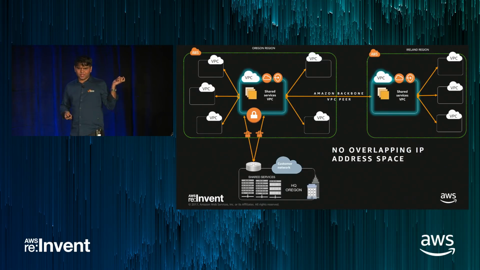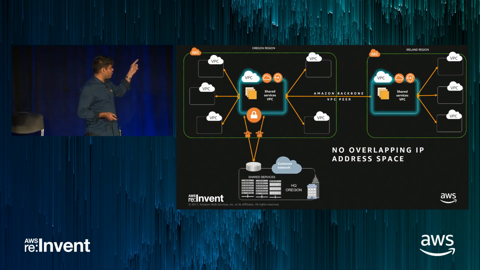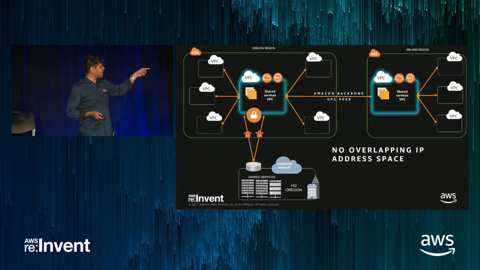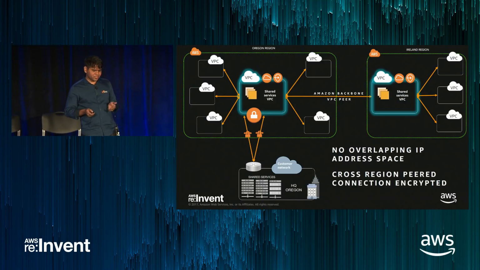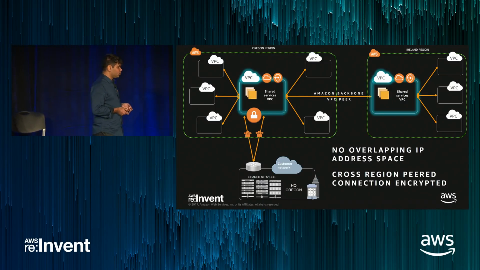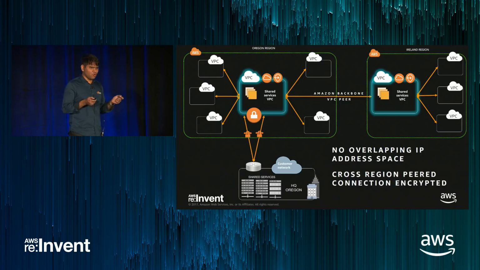You have to keep in mind one thing though: since it will form a single network by connecting them, you should not use overlapping IP addresses. They should be non-overlapping IP address ranges. And as I mentioned, all the traffic is by default encrypted, so you're all set once you do this. So highly recommended. Go for this whenever you want to connect two regions.